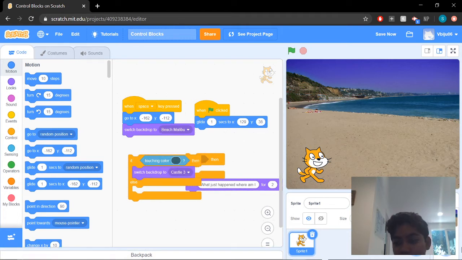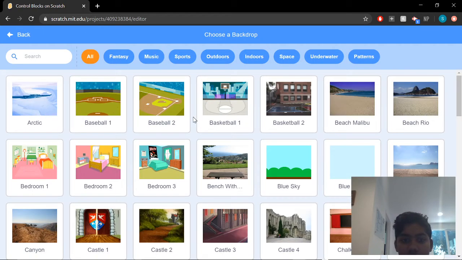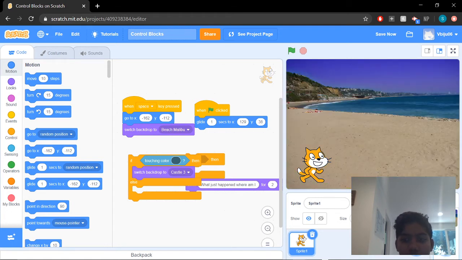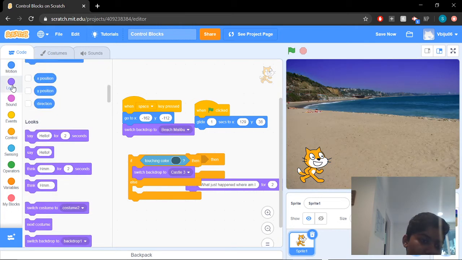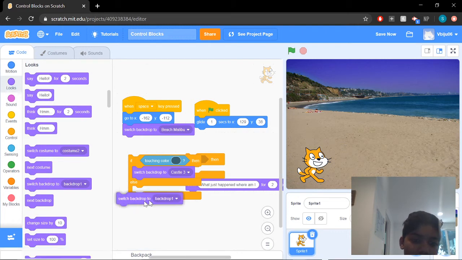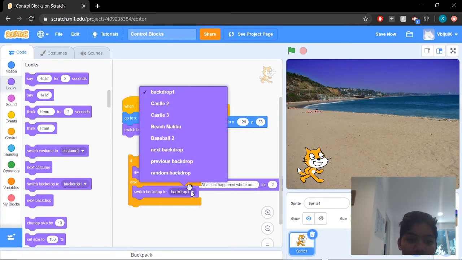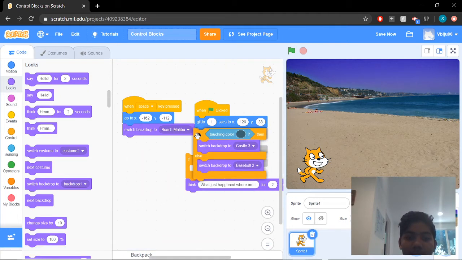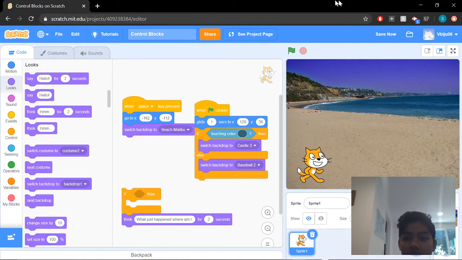If not, let's switch it to baseball 1. Oh no, let's not do that. Reset there, and let's come here to looks, and switch backdrop to backdrop baseball 2. Now if we were to connect this, you'll realize that it's not really going to go to the original castle,